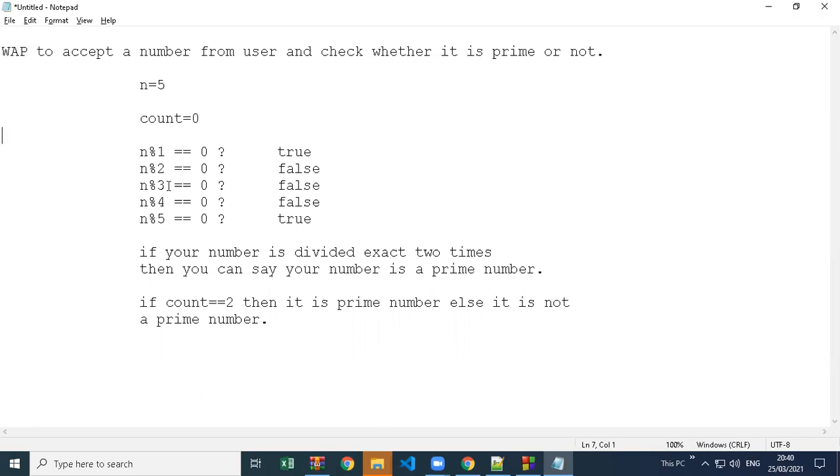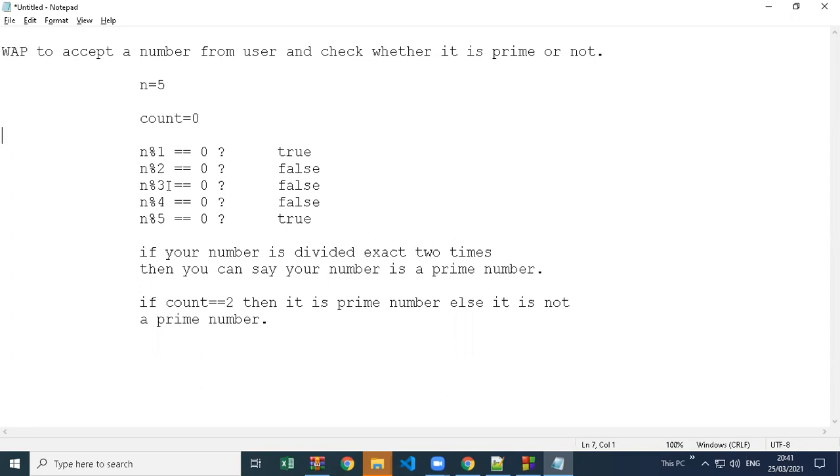So write a program in C++, Java, anywhere to accept a number, and check divisibility from 2 to 4. If our number to be checked is 5 and even one condition is true, we can return that it is not a prime number.